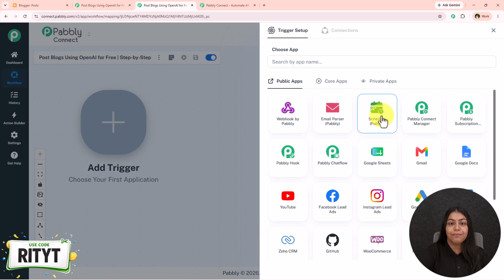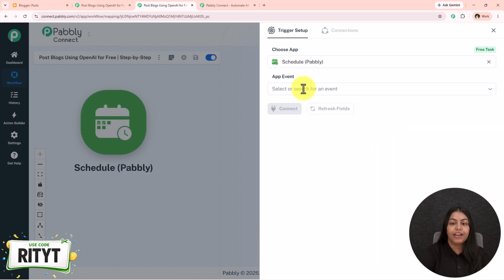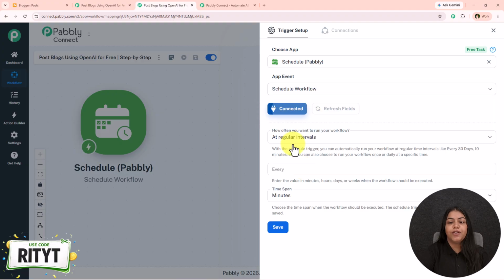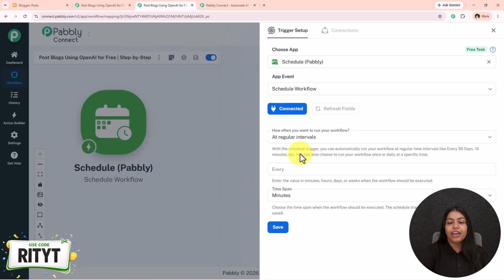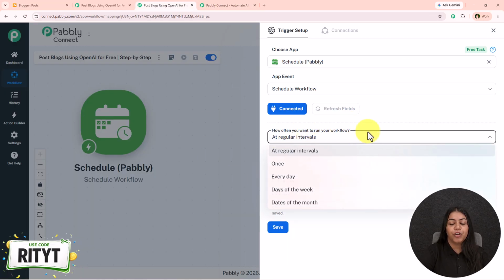I am just going to select my trigger application as schedule over here. For the event, select schedule workflow, and click on this connect. I want that every day at 12 p.m. a new blog title should be generated using OpenAI, content should be generated, and the blog should be drafted on this Google Blogger. Okay, for that I'm just going to select how often do you want to run your workflows